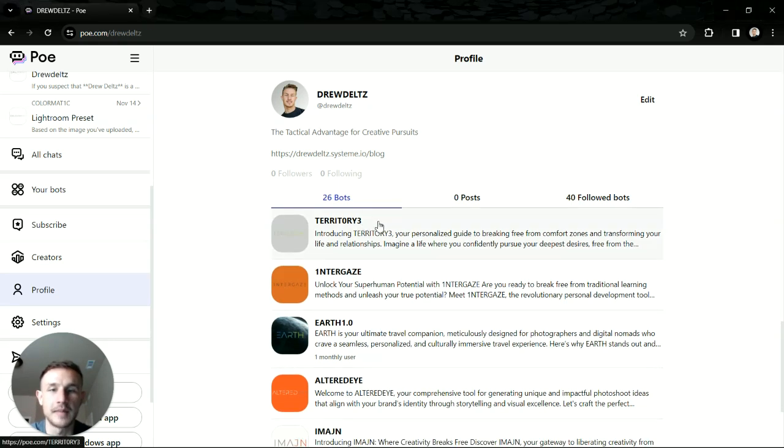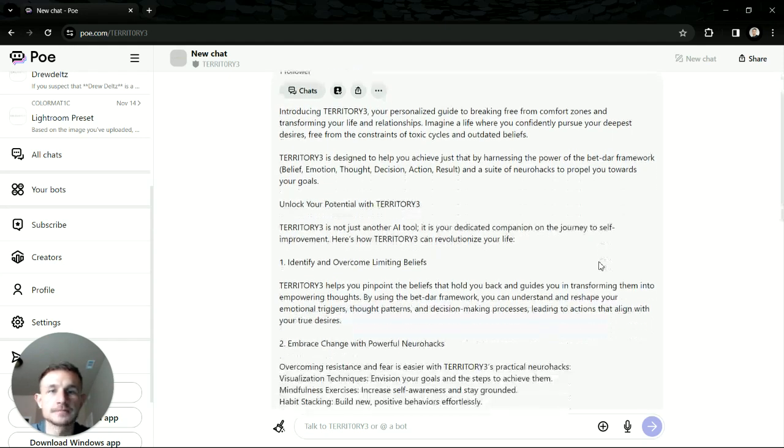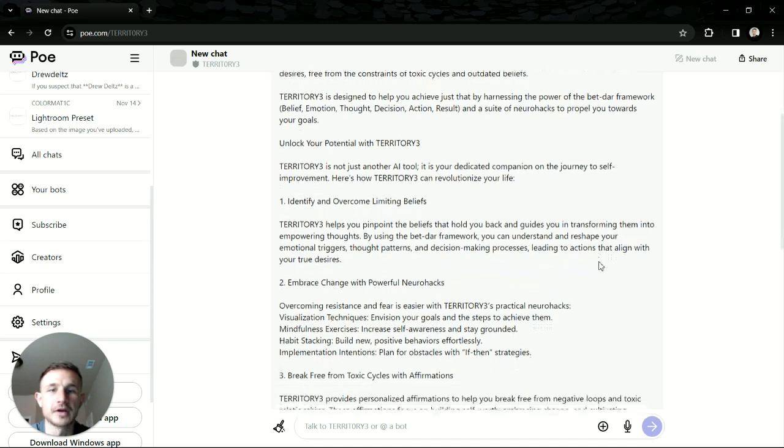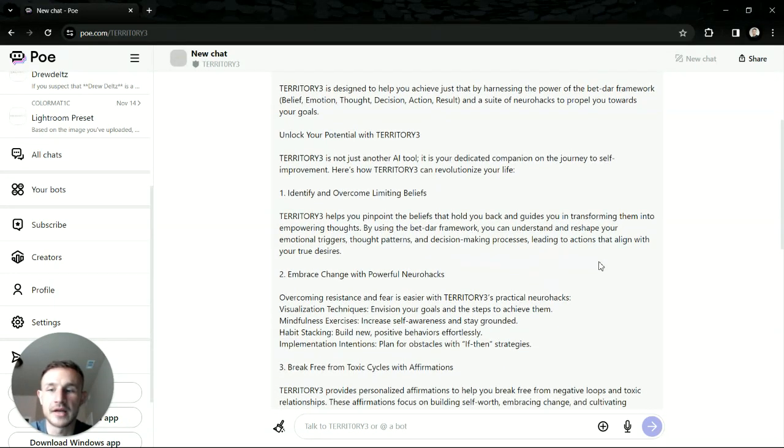Now, if you guys don't know what BetDAR is, I'm going to go through the bio and show you exactly what BetDAR is and how a lot of creators and a lot of people have leveraged the BetDAR framework. Now, the BetDAR framework is essentially a scientifically proven format of how you would get out of ruts